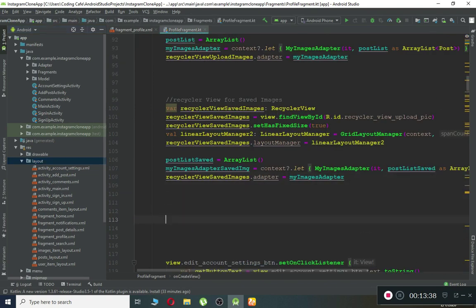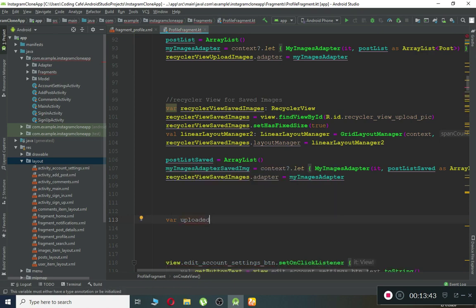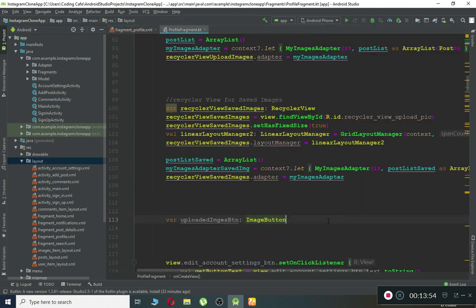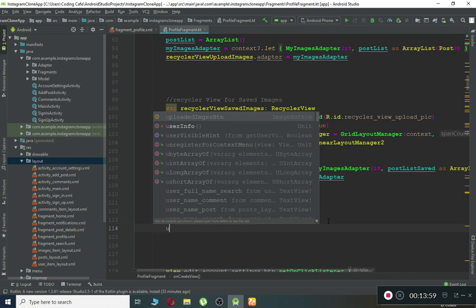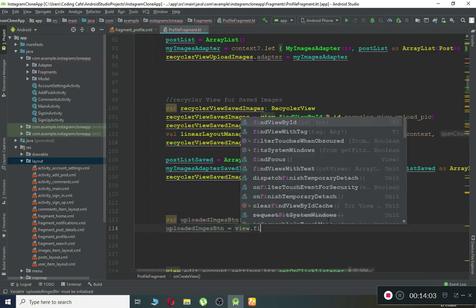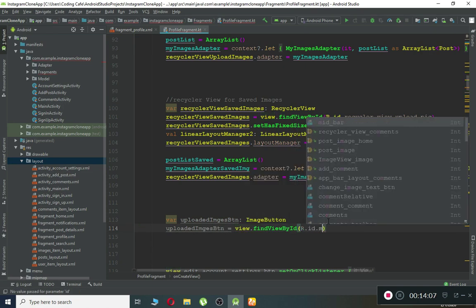So we can say uploaded images btn, and the type of this is image button. Okay, here you can see it, image button, and then we have to provide the id to it. So we can say uploaded images equals to view dot find view by id, or dot id dot my, or